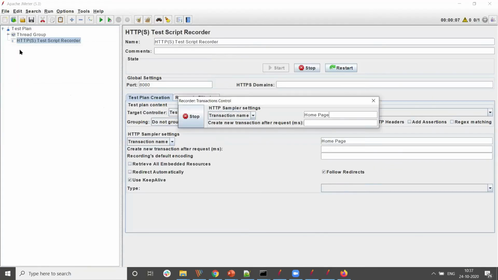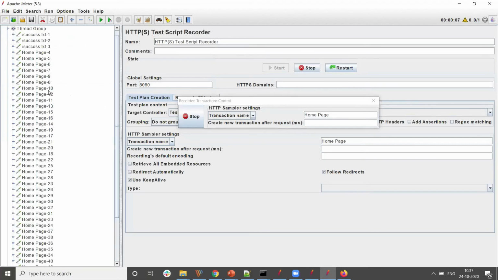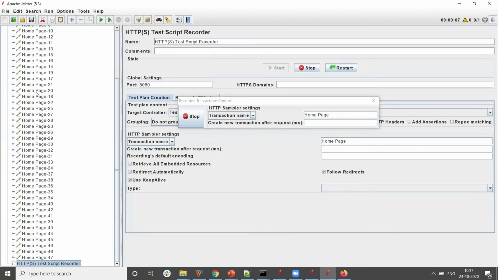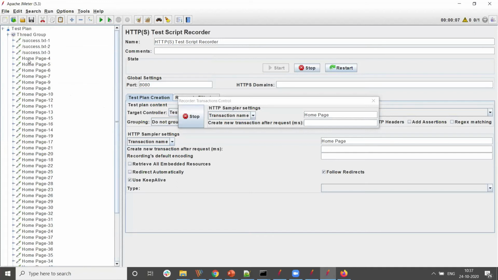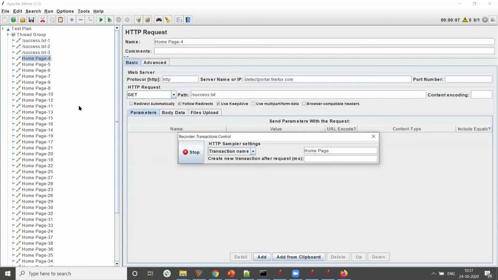When I go to my thread group, see, these are the home page requests. So this many requests we get in the home page. Starting from here, you'll get such things also. You don't require that, you can delete it. Now, this is the server or IP that I'm using, and index.php. That's my first request. Then the web size is all this. My recording is still going on.